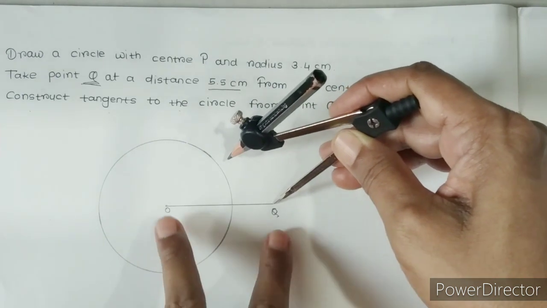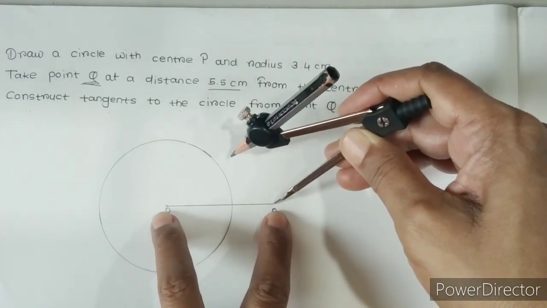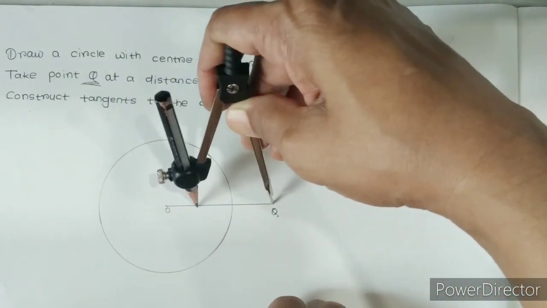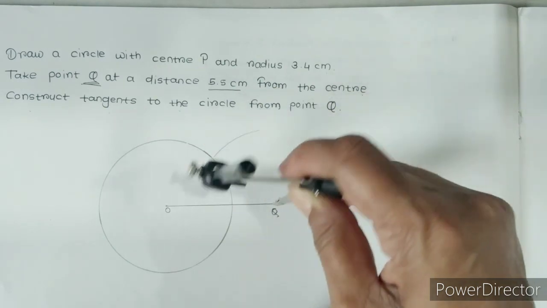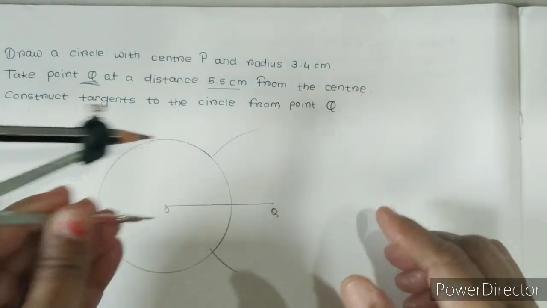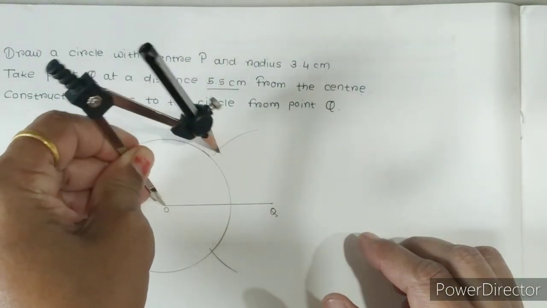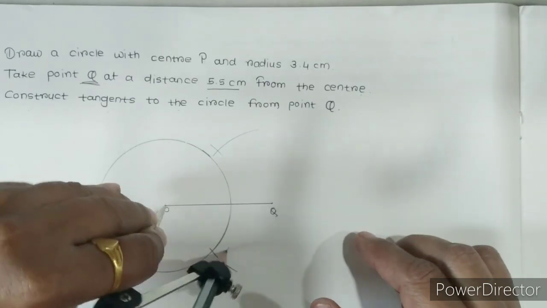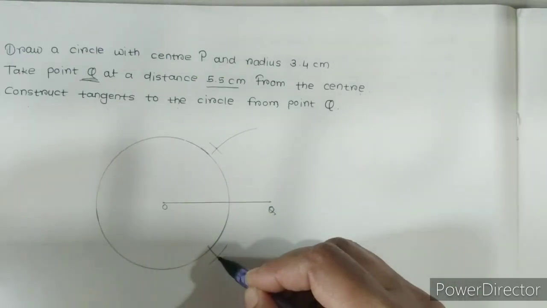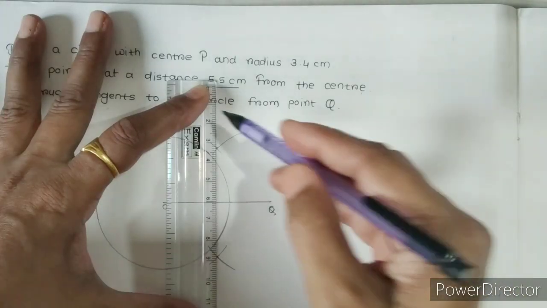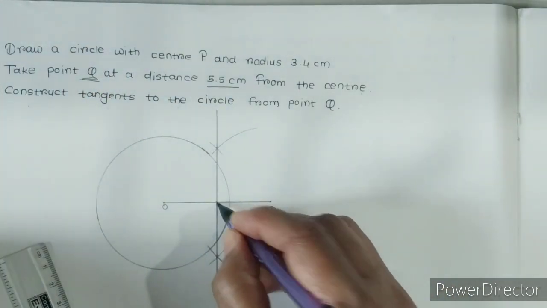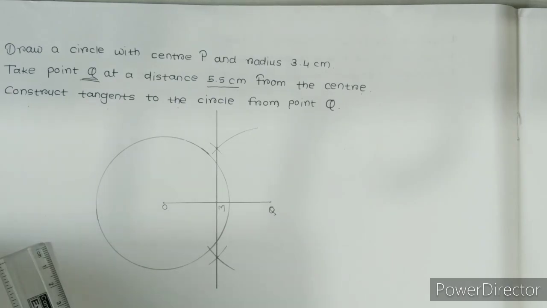Draw the perpendicular bisector of segment OQ to get the midpoint of OQ. For that, take a distance more than half between the tips of the compass. Draw an arc above OQ and below OQ. By keeping the same distance, place the tip here at point O. Draw an arc like this. These are the points of intersection. Draw a line passing through these points of intersection and thus we get M, the midpoint of segment OQ.